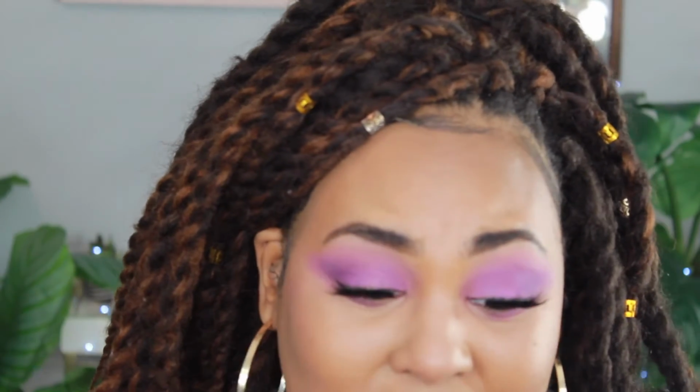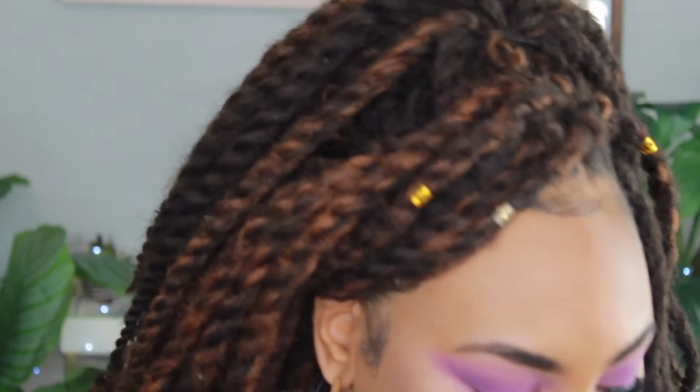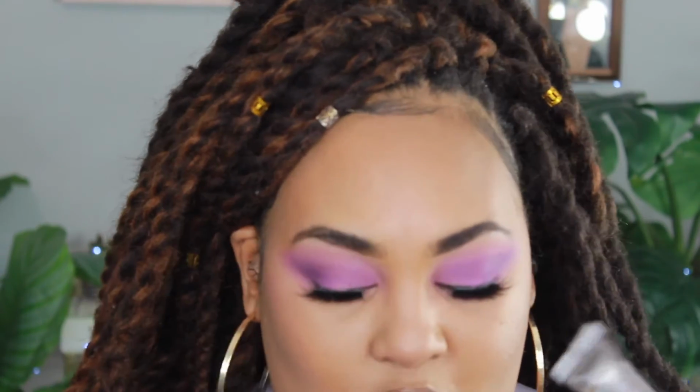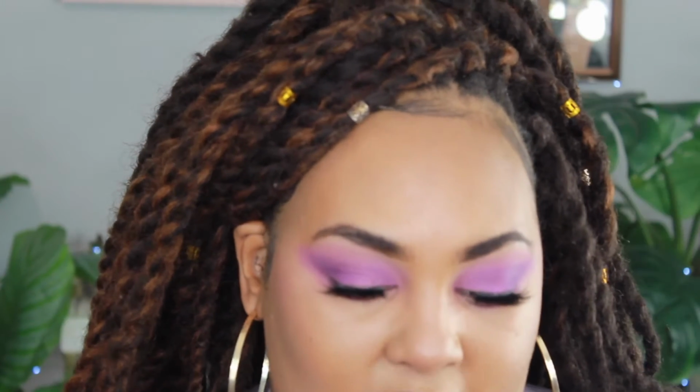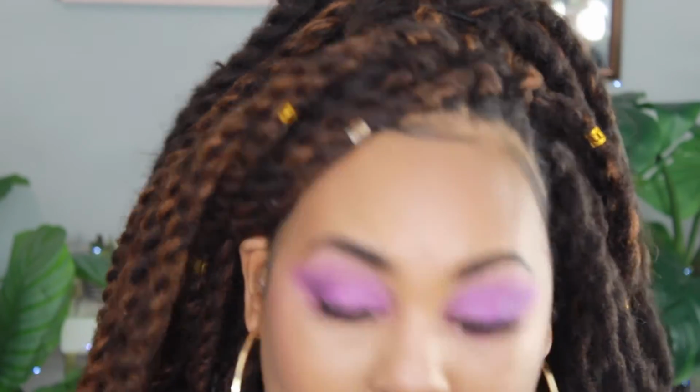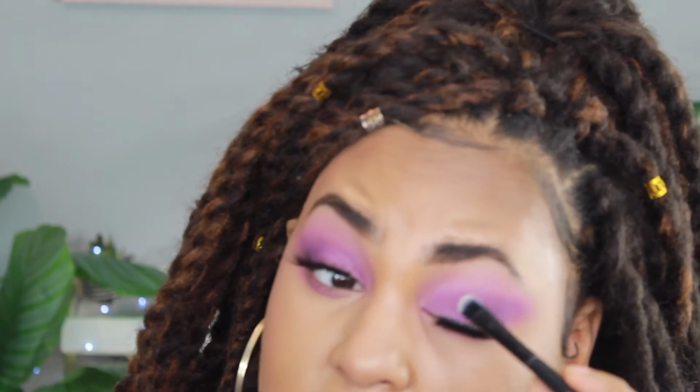So I'm gonna take this lip gloss, which is the Broadway Ultra Lip Coconut Oil Lip Gloss. I don't know how good this is gonna work. I put eyeshadow on my hand and I put this on it and this one was removing the eyeshadow a little bit more than this one, so I'm gonna go with this one. So I'm just gonna put some on this big flat brush, and I'm just gonna basically